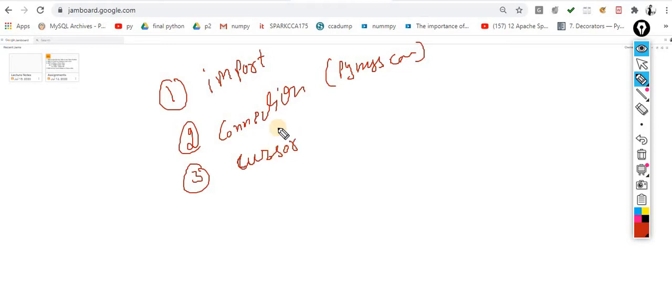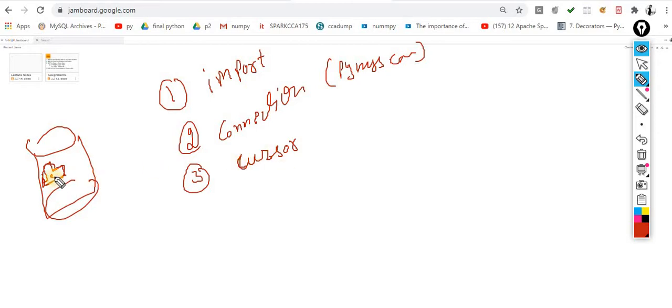Because this is the pen, just like a pen, that is connected with the database. Here we define to whom we have to connect in the connection, and we specify this one is the database where we have to connect. Now this one is a cursor who is blinking into this folder.